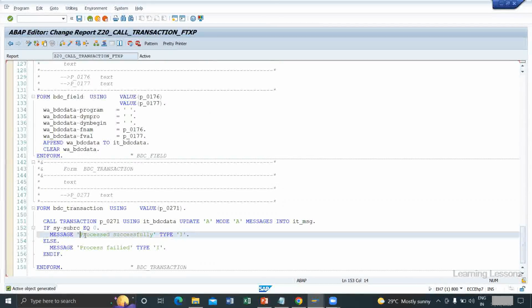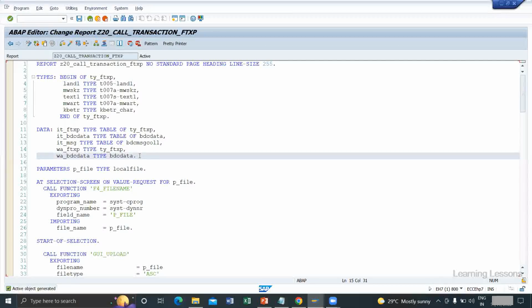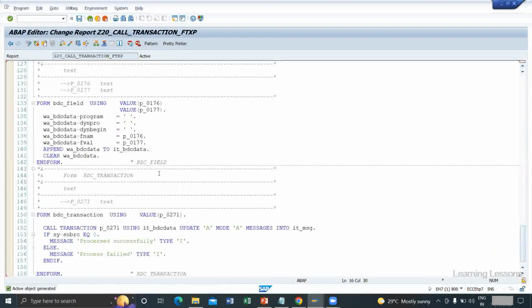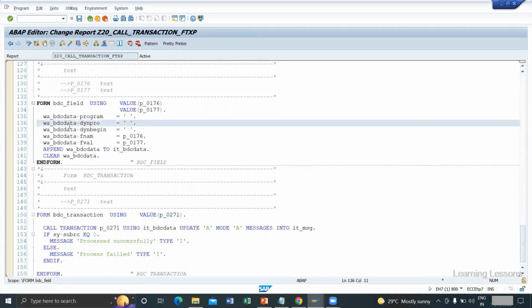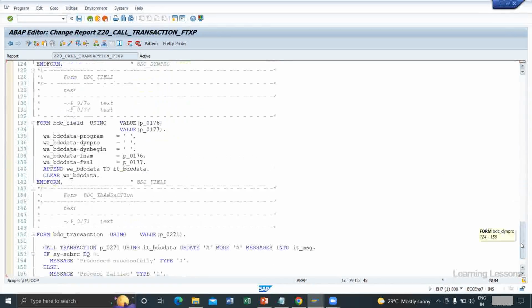And here, I have to write the messages in detail. What I can do is create one variable called MB message, type string. Since all these subroutines are part of the loop, we can use the loop variables. So what is the tax code variable here? This is the tax code variable. Work carry FTXP MWSKJ. This is the country, then the tax code will come. So I want to write here